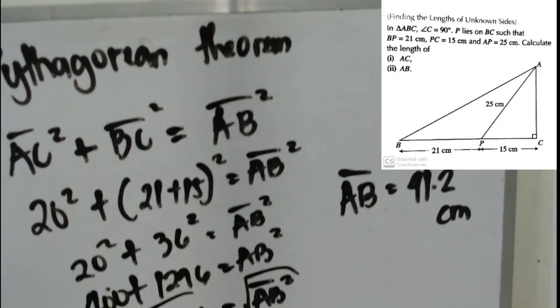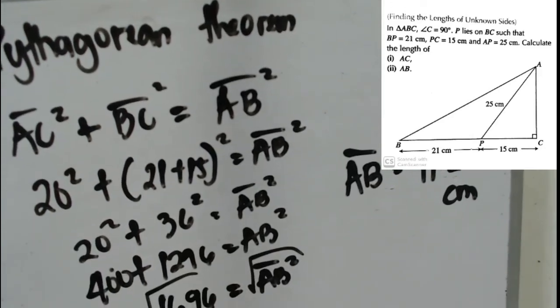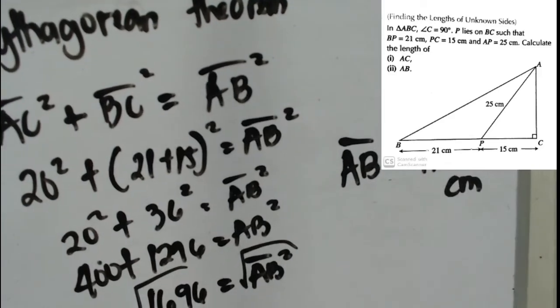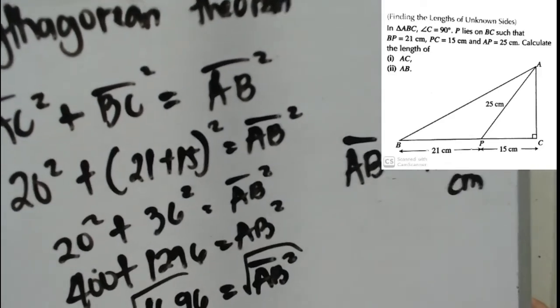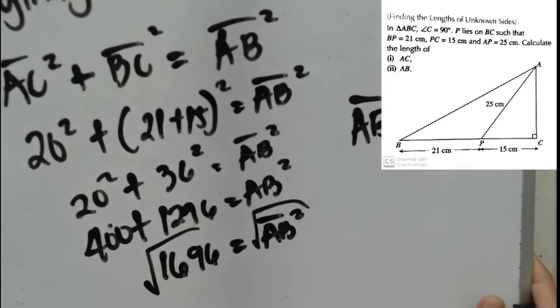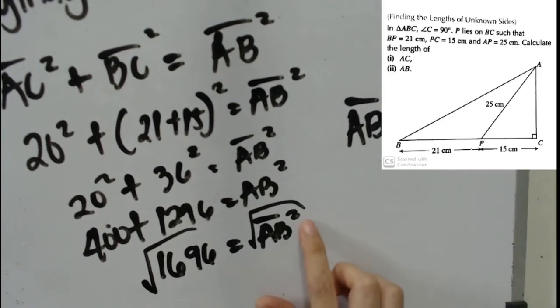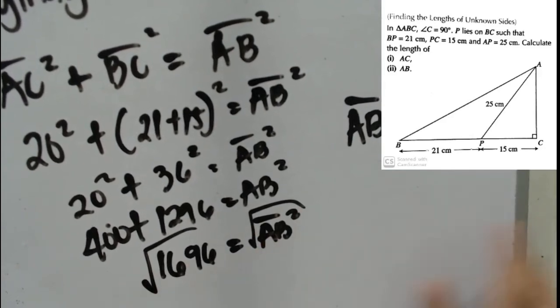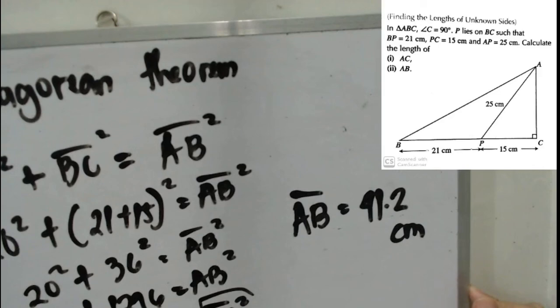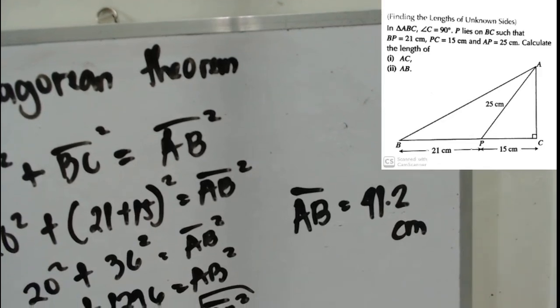Then 20 squared plus 36 squared is equal to AB squared. 20 squared is 400, and 36 squared is 1,296. Adding them gives us 1,696, and to eliminate the square, we get the square root of both sides. Using our calculator, AB is more or less equal to 41.2